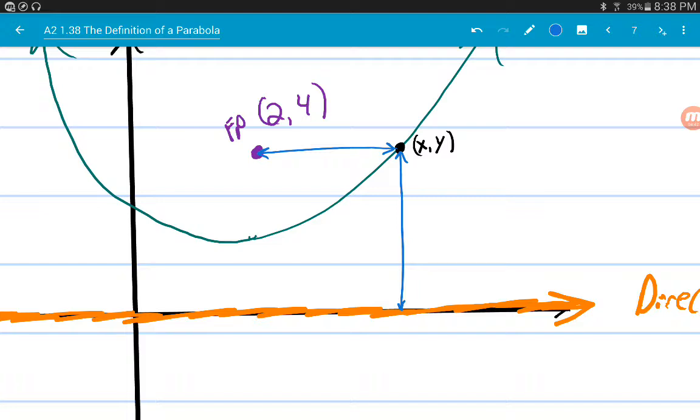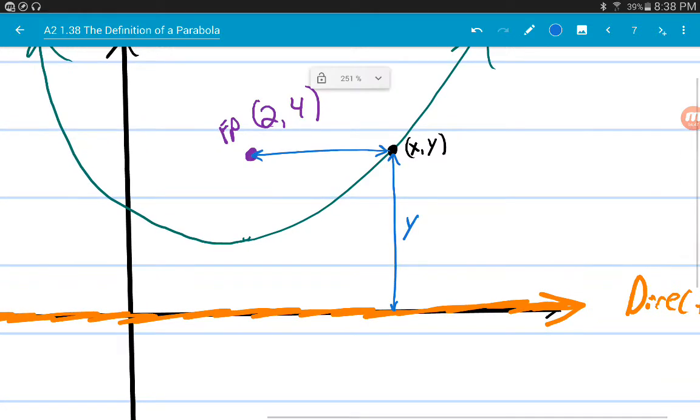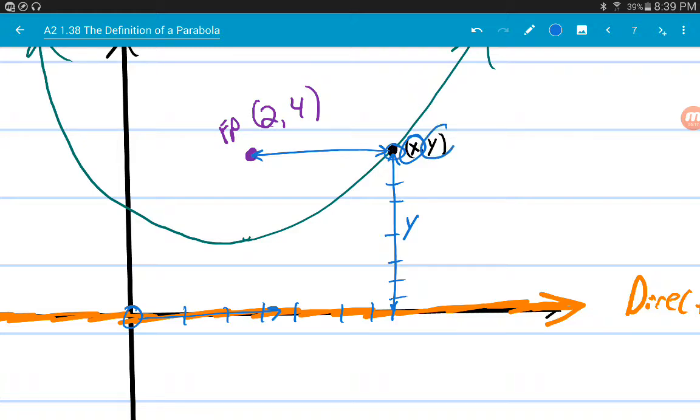Now the vertical line is always going to be equal to y as long as the directrix is the x-axis. Here's why. If I was to graph this point x, y, I have to count over x values, right? So whenever you graph a point, you start here and you move over. You go, all right, 1, 2, 3, 4, whatever, x, right? Because that's the x value of that point. And then you count up, you go, all right, 1, 2, 3, 4, whatever, y,